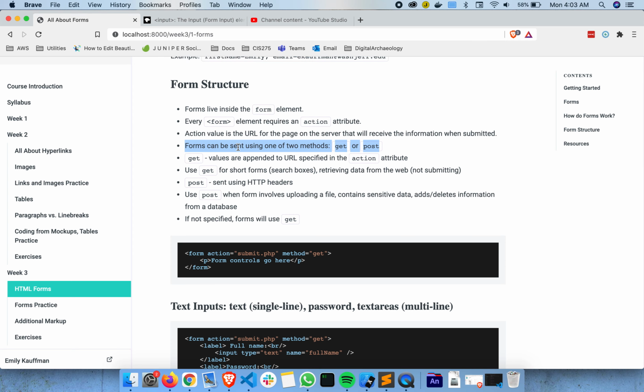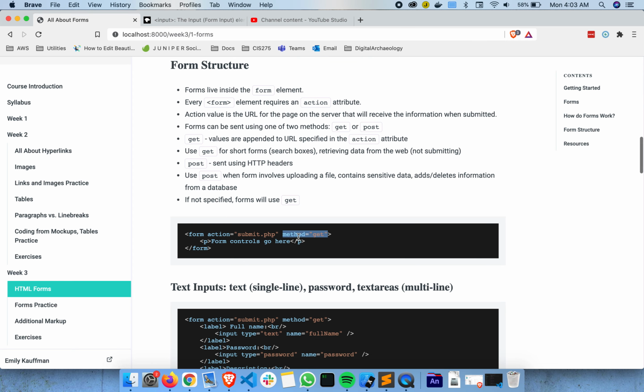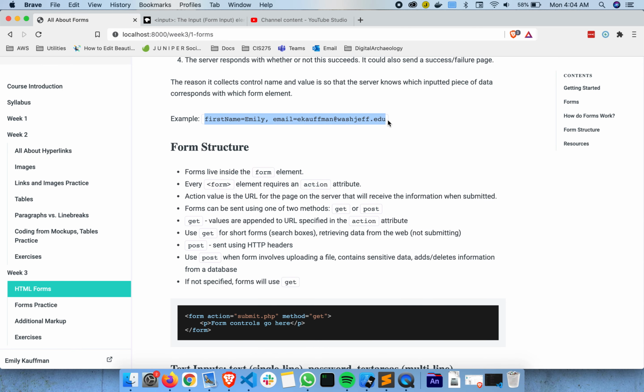There are two methods for submitting, and those also are defined on the form here. Method equals get or method equals post. Get means that when you submit the form, the values are appended to the URL specified in the action attribute. So in this example here, you have a form. Your action is submit.php. Say you had a first name input and an email input inside this form. When you submit it, it would add the form name and the value like this to the end of the